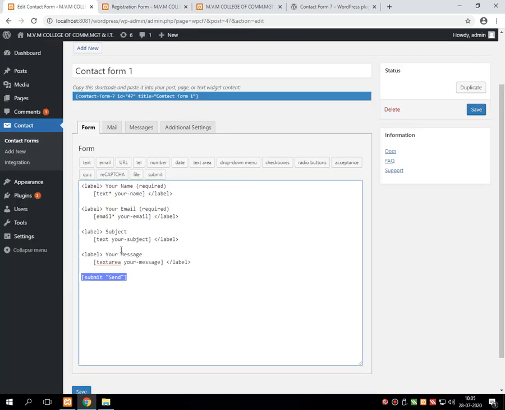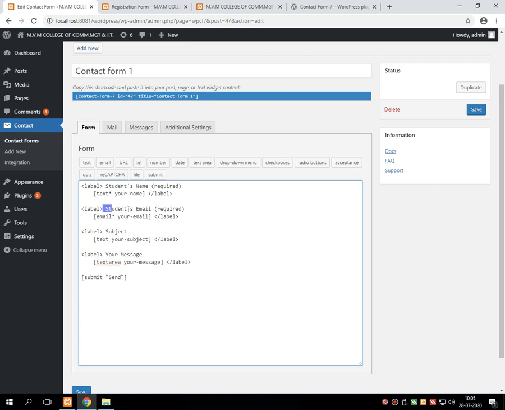Now say for example I want to edit something. For example, I don't want your name over here, I want to write student name. So simply what I am doing, here I am giving student's name, then student's email, and the rest two I am keeping as they are.